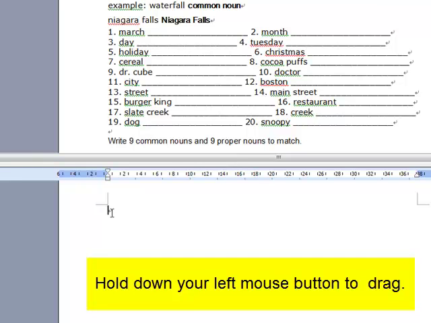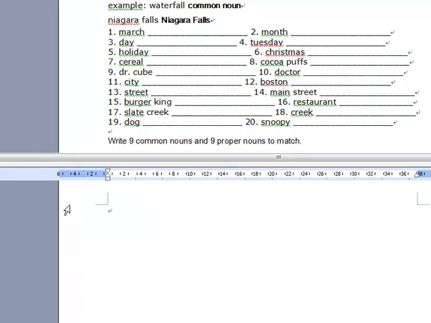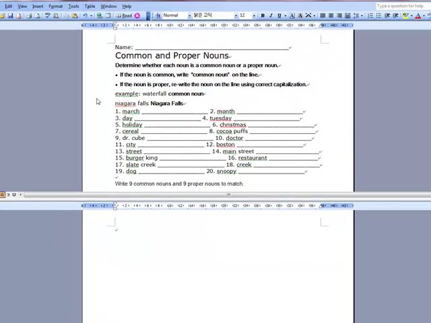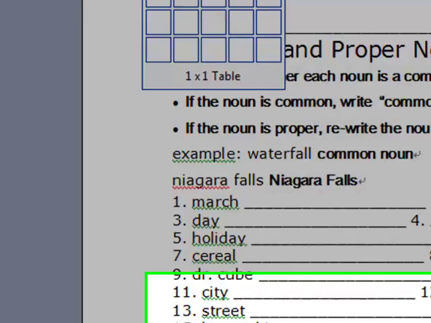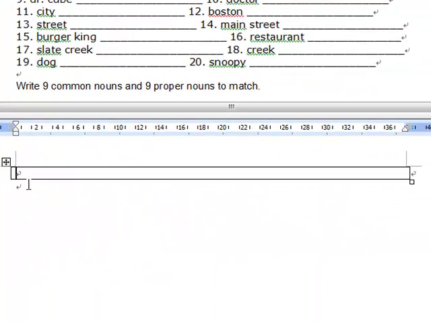The first thing I'm going to do is make three simple tables, one for each part of my worksheet. I have a name, I have the instructions and heading, and then I have the actual task. This can be done in two different ways. There's the table icon, like so, to insert one table. Below that, I'm going to press Enter on my keyboard,